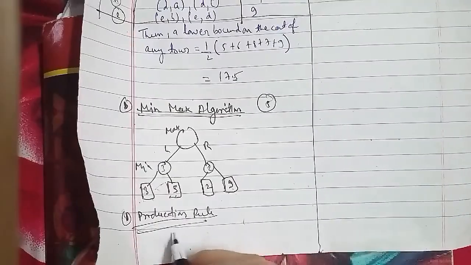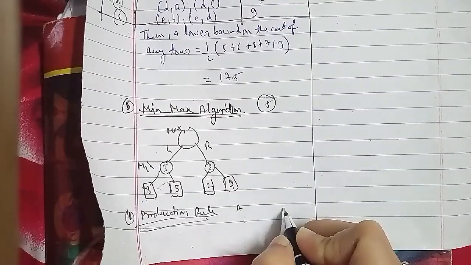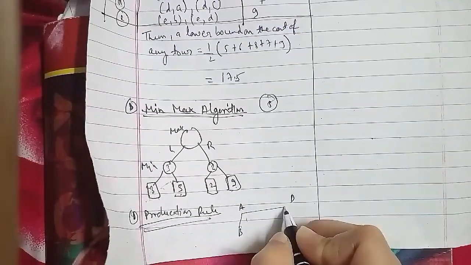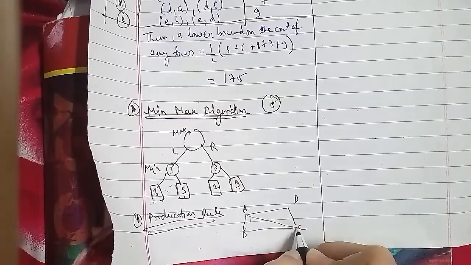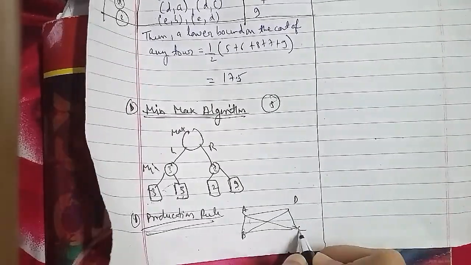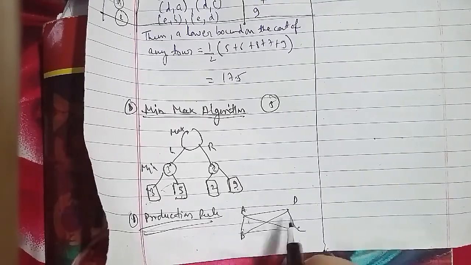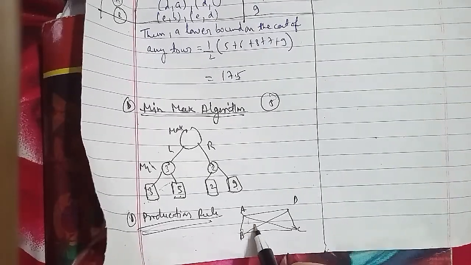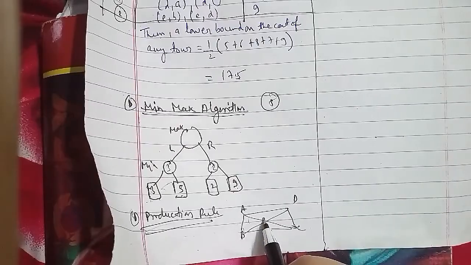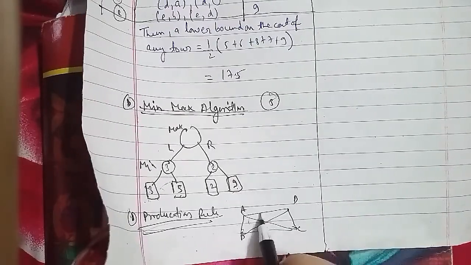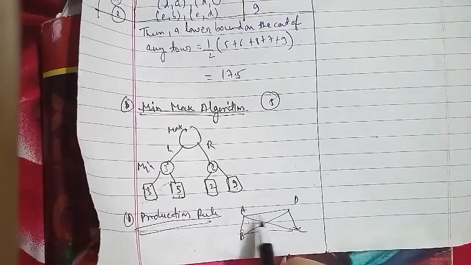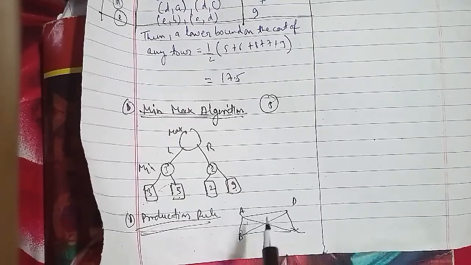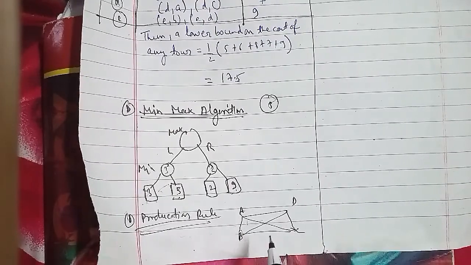So for the production rule, the cities we have are A, D, B, and C. So it's sort of like a trapezium, and they are interconnected to one another here as well. In the same production, consider the four cities, that is A, B, C, D, starting from A here. Starting from A, if the distance of B from city A is less than the distance of C and D, then the salesman will visit city B first here.